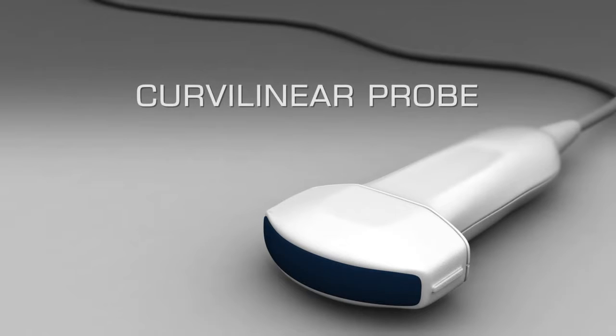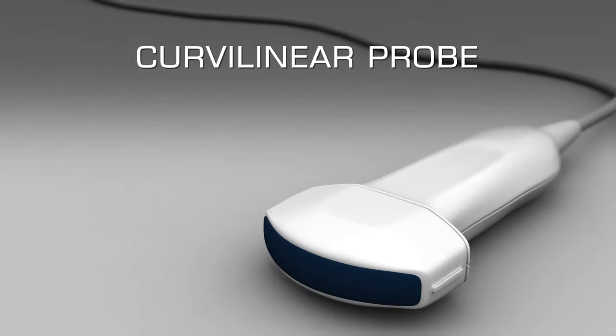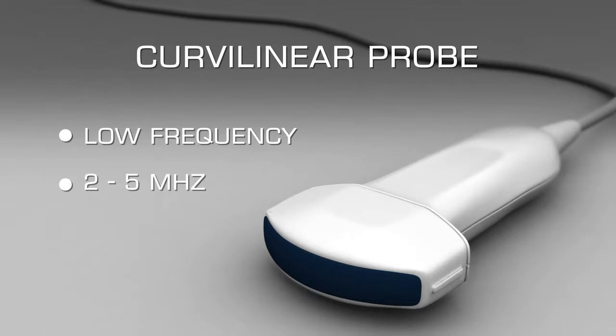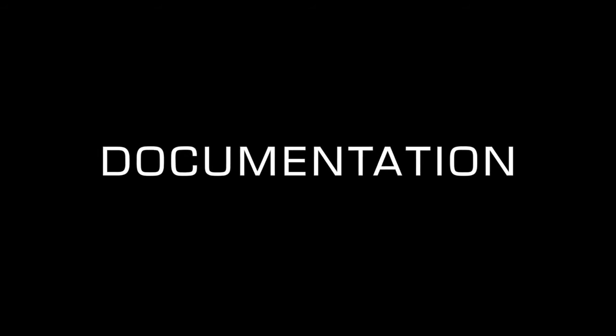The ideal transducer for assessing structures within the abdomen is a curvilinear array probe with a frequency range of 2 to 5 MHz. Select the abdomen preset on the ultrasound device. When feasible, the examination should include the following: